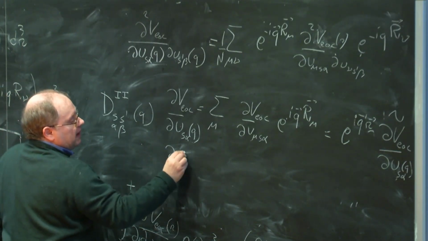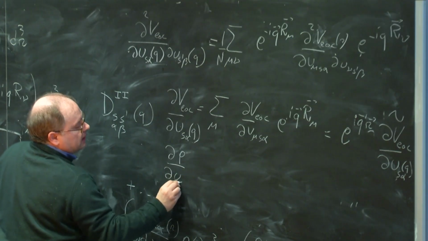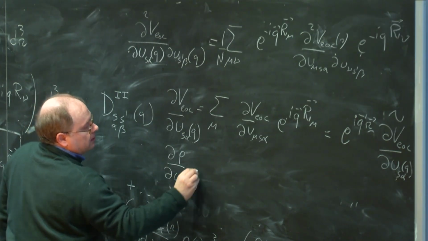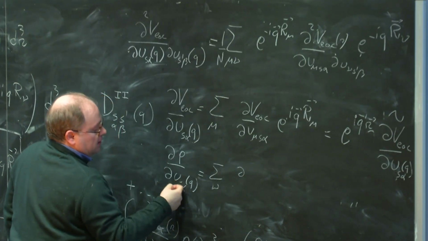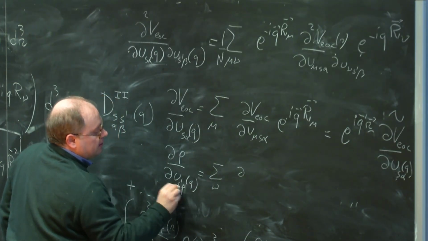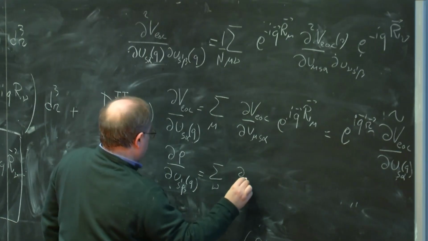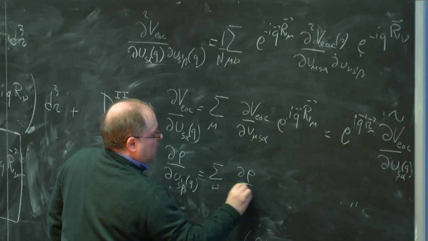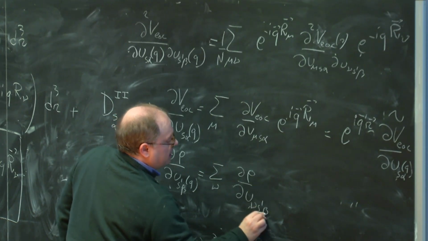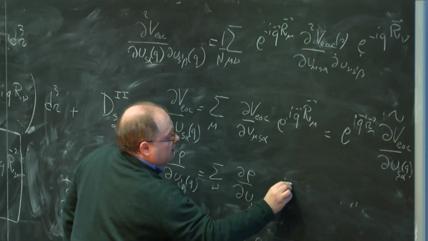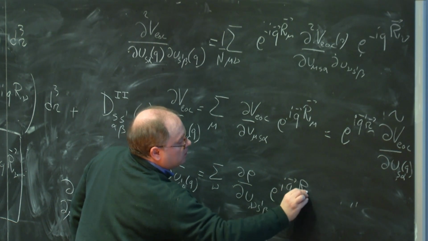So if I define the d rho over du s prime beta of q as the sum over nu, d rho over d u nu s prime beta e to the i q r nu,